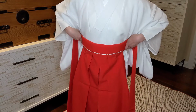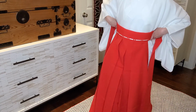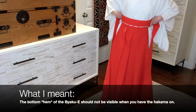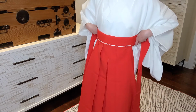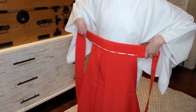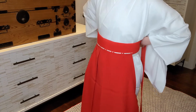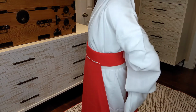Also make sure the length is appropriate. So you want to make sure that your Byaku-e is not visible from the bottom. So a good length is to have that completely covered, but to have your tabi socks showing, of course, and not to have the hem dragging on the ground. So once you've figured out the correct height and have it even from left to right, centered on your body, take the two front ties and pull them to the back